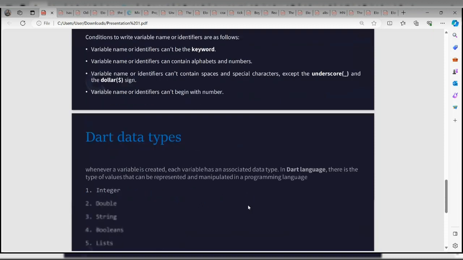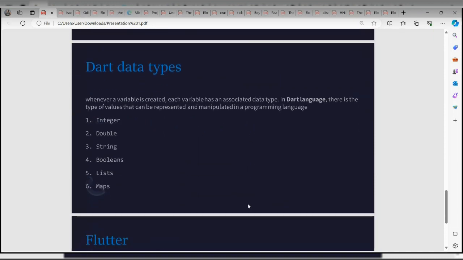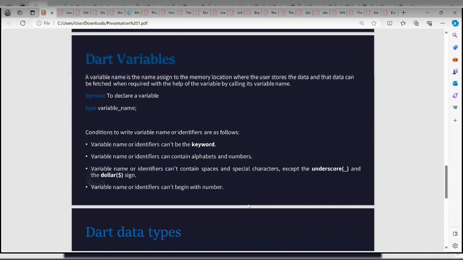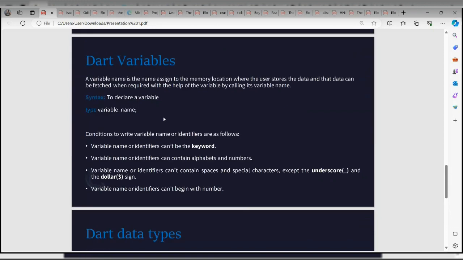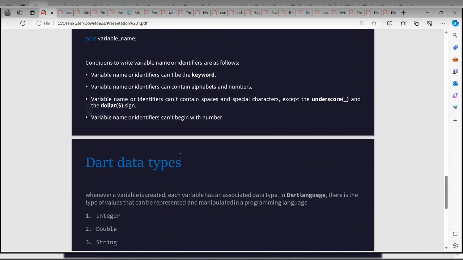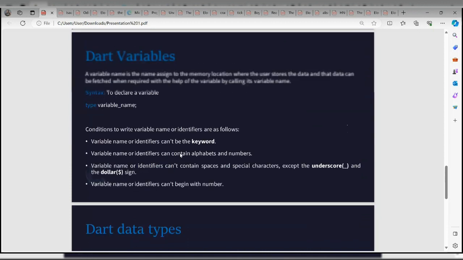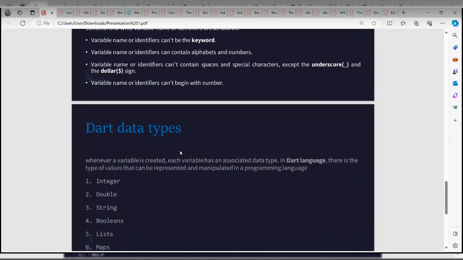All right. Next, we have the data types that we were talking about before. When a variable is declared, that's created. Declaring a variable is creating a variable, like we explained before.